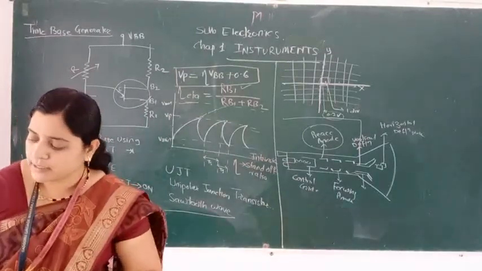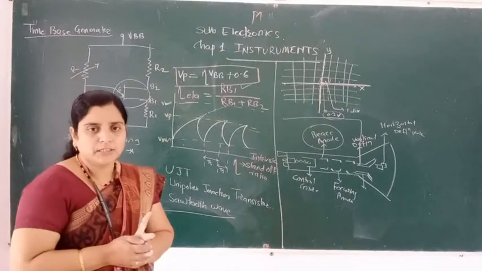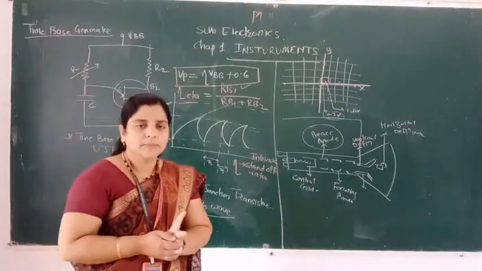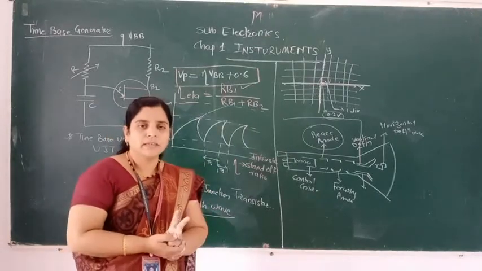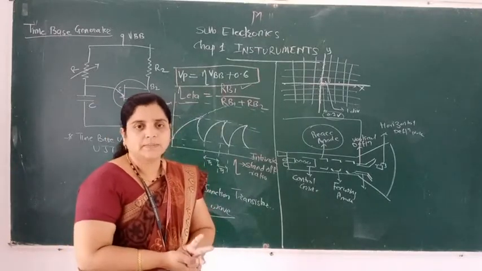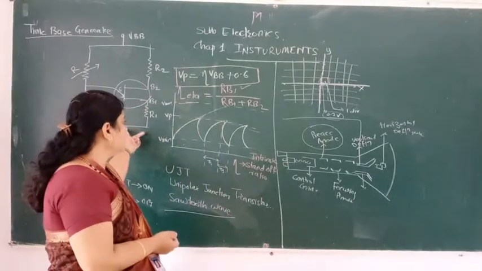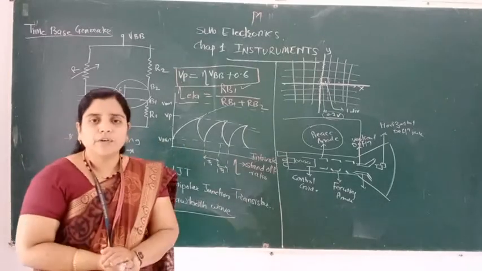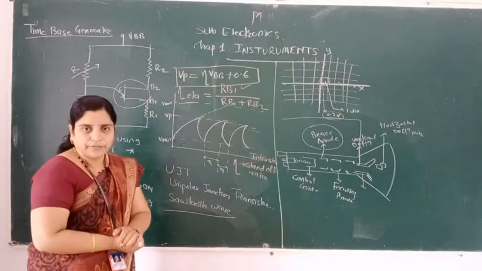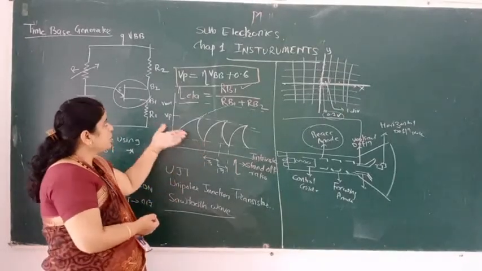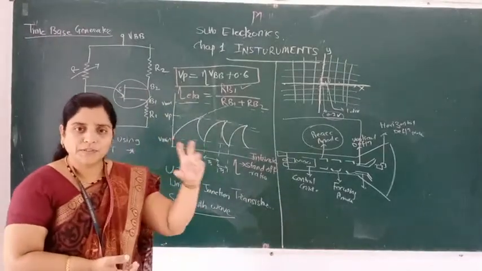Okay, do all of you understand? In this lecture we have seen two points: how we can observe the waveform on the CRO, explained with its diagram, and next, what a time-base generator is, explained with this block diagram and waveform. This is the block diagram of the time-base generator, and this is the waveform. The waveform observed by using UJT is the sawtooth wave. Previously, we saw how we observe the waveform.